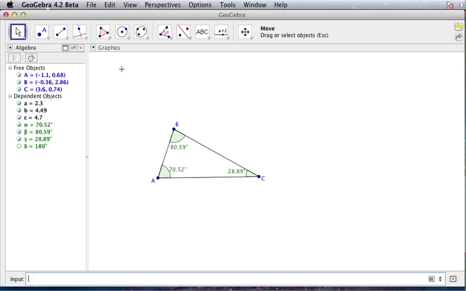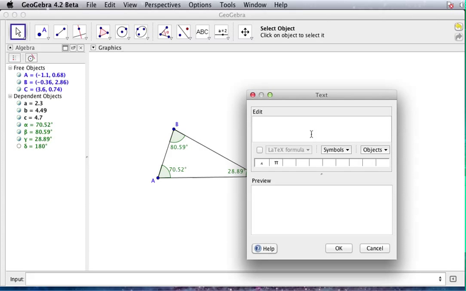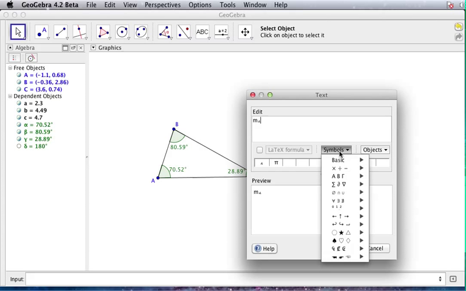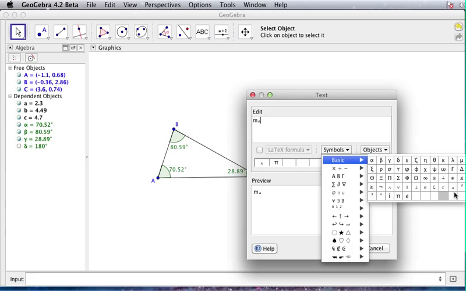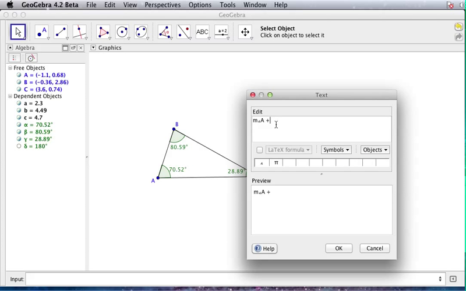But it'd be better to have that displayed somewhere in the graphics window. To do that, click on Insert Text. And the text I'd like to insert is the measure of angle. And where I got that angle symbol is from Symbols, Basic, and right there's angle. So the measure of angle A plus the measure of angle B plus the measure of angle